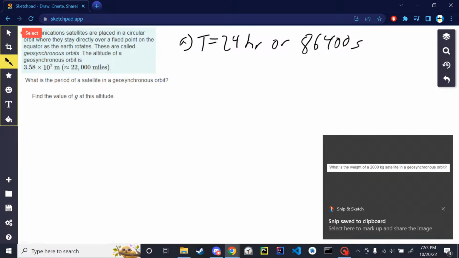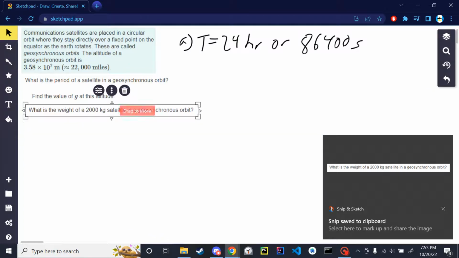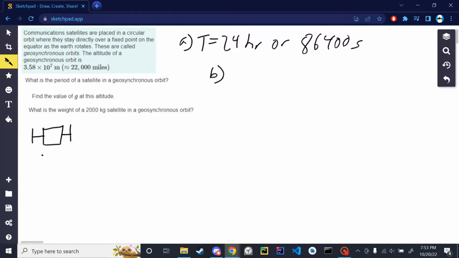And I just realized I forgot to put part C here. Okay, B, what is the value of G? So this will help to draw a free body diagram. Here's a really crappy satellite. It's going to look like a TIE fighter because we can. So it's in space. The only thing acting on it,